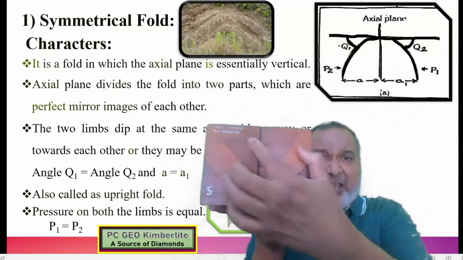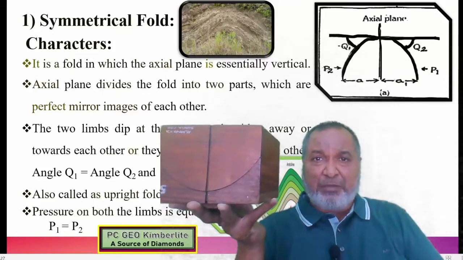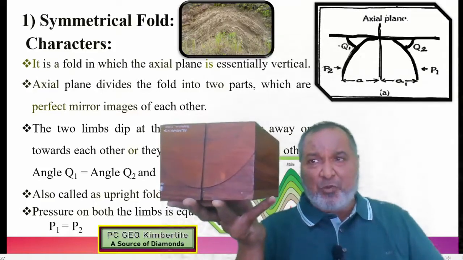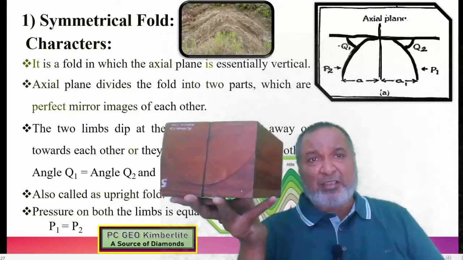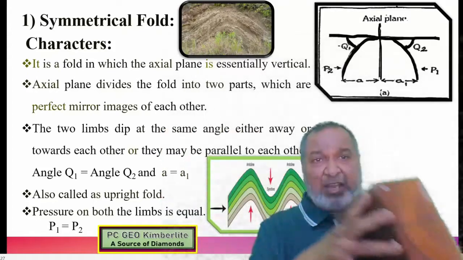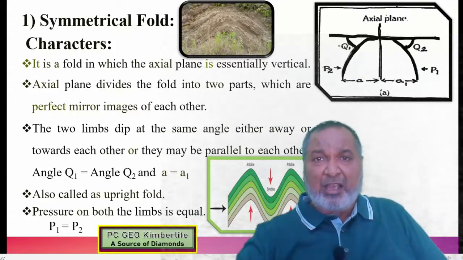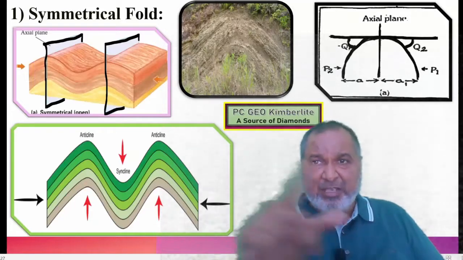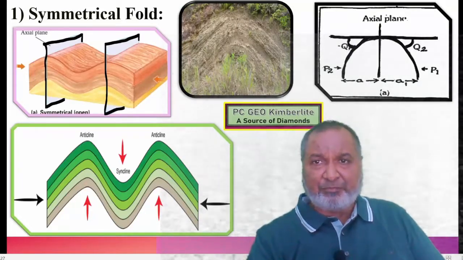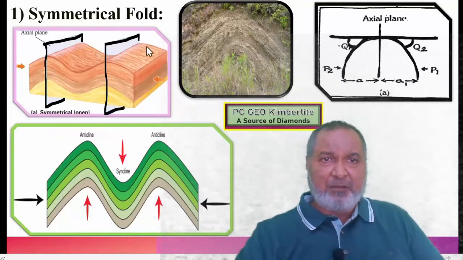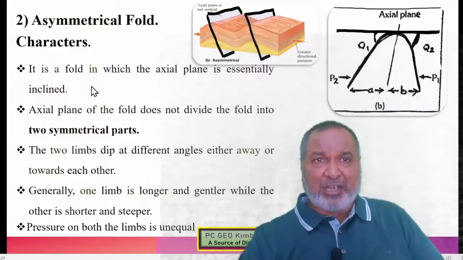This is the syncline angle with the horizontal surface. It's the same. The limbs are dipping towards each other, now with the same angle. Then it is called a symmetrical syncline. So in the symmetrical case we have symmetrical anticline and symmetrical syncline. The same diagram has been shown here. This is a photograph where the syncline is there, but here I made it an anticline so that you can get the idea.